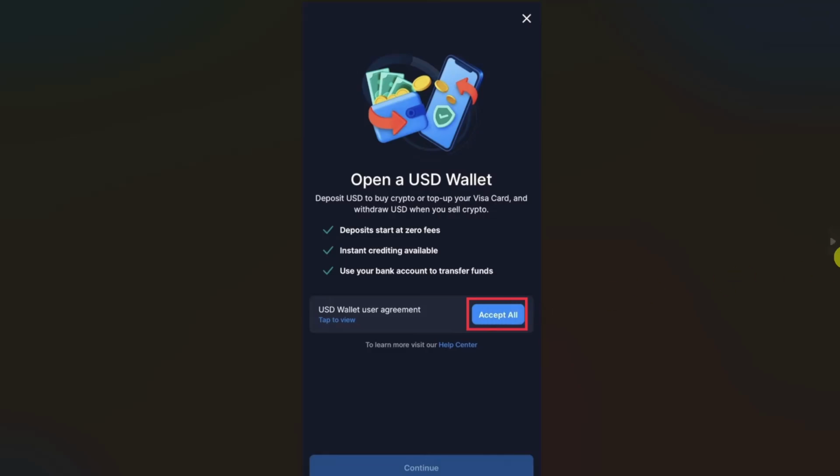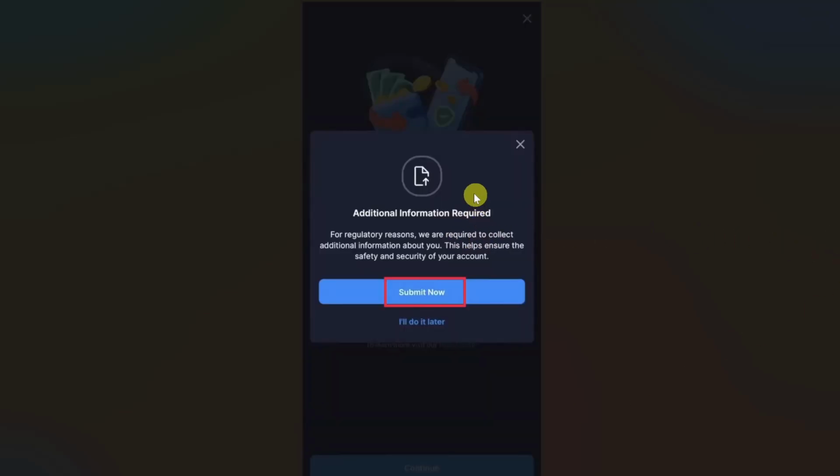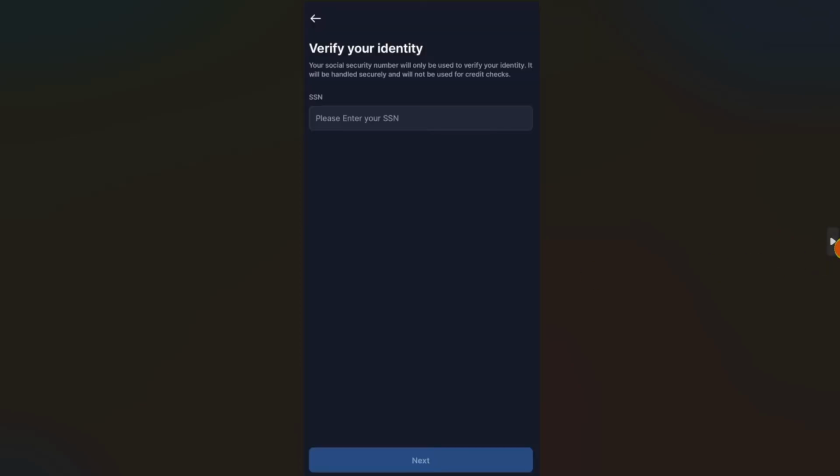So click on Accept All, and then from this pop-up menu click on this checkbox and click on Accept All. Then it will ask you to provide some additional information, so click on Submit Now. And then you have to verify your identity by providing some personal details such as your SSN number. So fill up these details, and once you do that, your request will be submitted, and then the crypto.com team